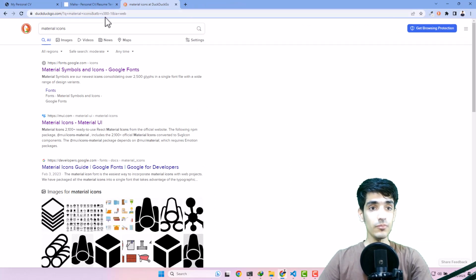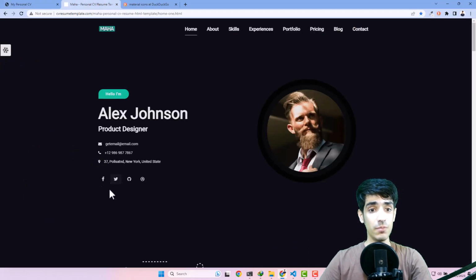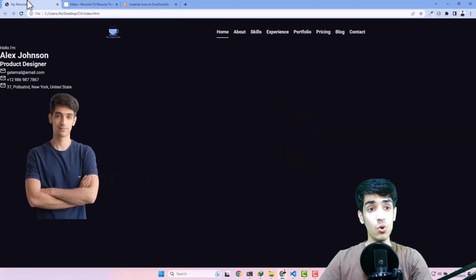So what to do? We can use another icon package, because when I hover these things, we can use images actually, but images is very hard. It's not good. We can use SVGs so that we can change them,